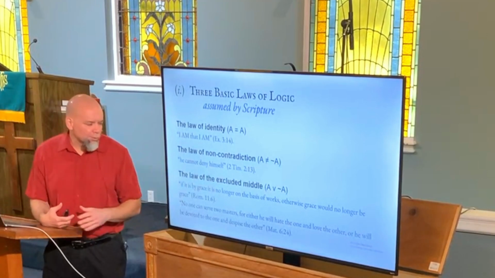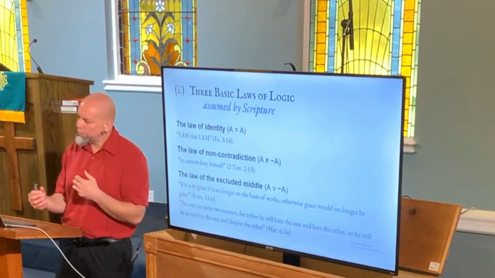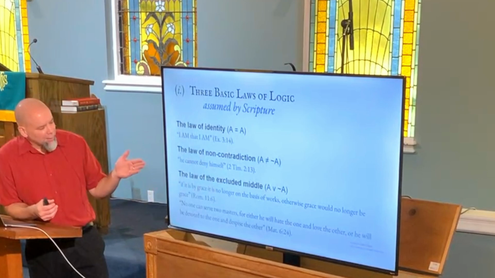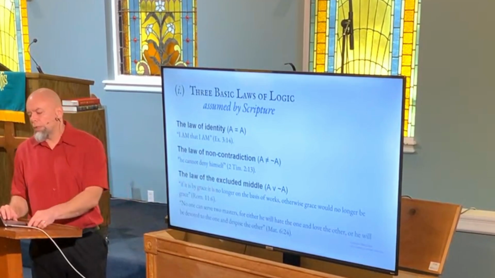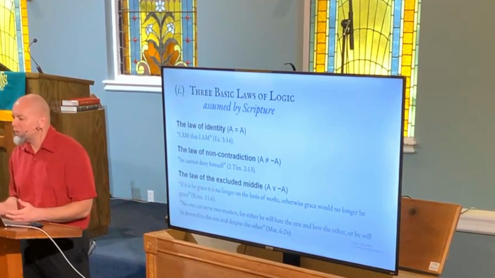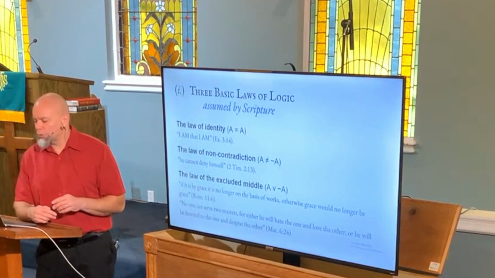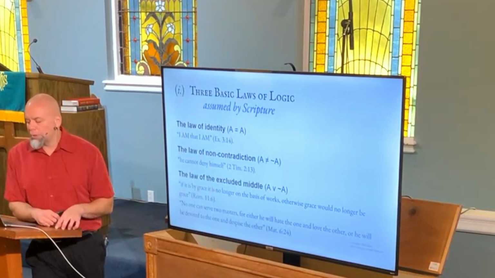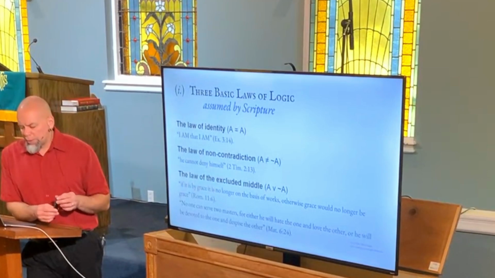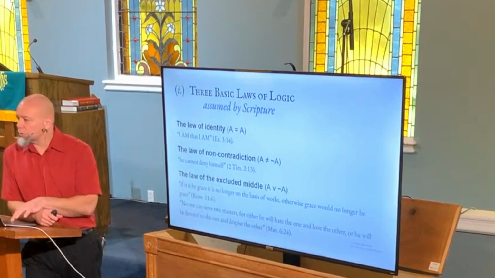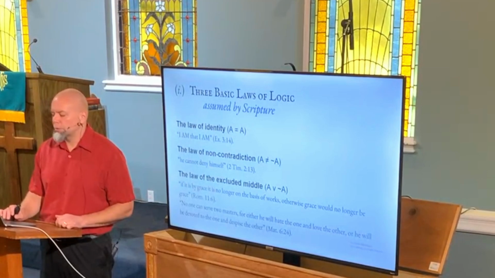And then finally, the law of the excluded middle. You'll see this in any set of truths where they are opposed to each other in some argument of Scripture. So where Paul says in Romans 11, if it is by grace, it is no longer on the basis of works. Otherwise, grace would no longer be grace. What's he saying? It's either one or the other. Or Jesus' statement in Matthew 6:24, no one can serve two masters, for either he will hate the one and love the other, or he will be devoted to the one and despise the other. So Jesus is claiming, just as Paul was, that this is a genuine either-or proposition. There's tons of examples that you can show of that.